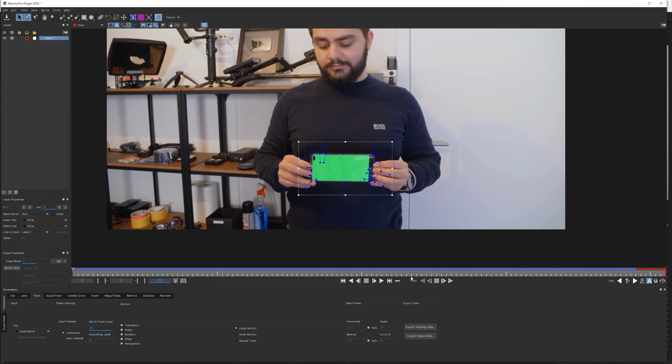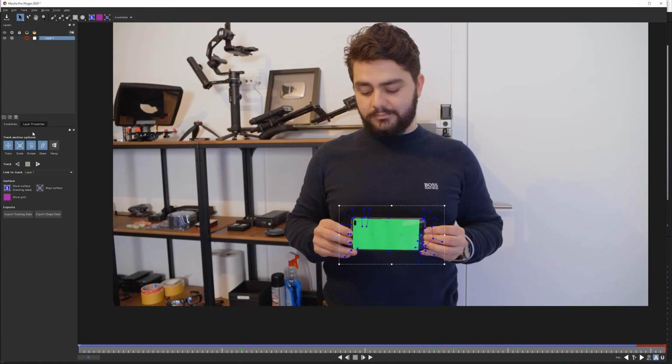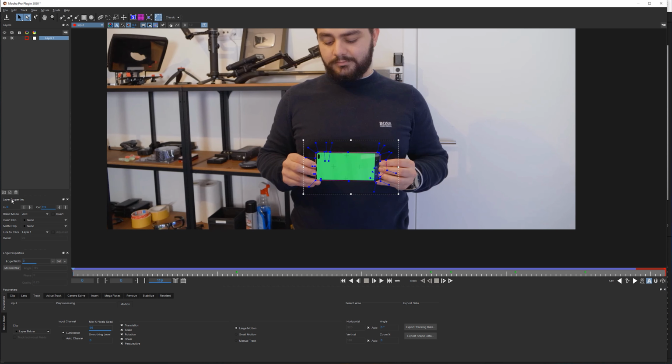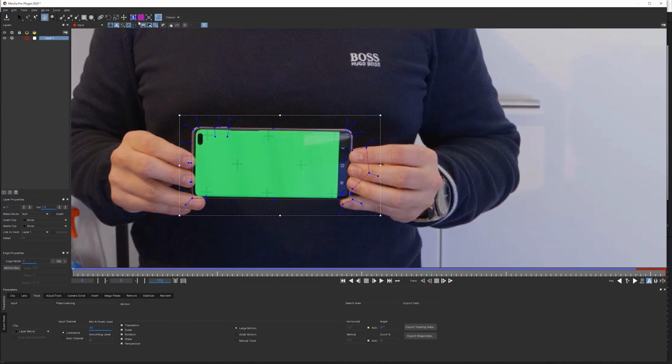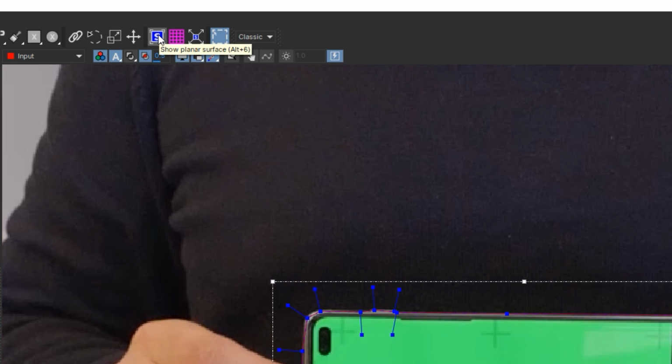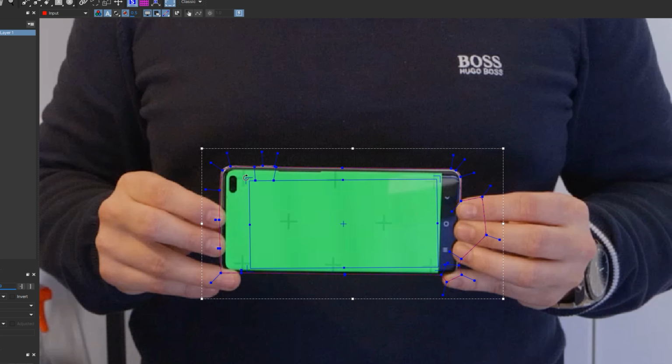Alright, so once you've done your entire track, all we want to do now is replace our monitor. To do that, if you go in Essentials, you can probably go right here to Layer Properties. For the Classic, that's just right here already. But right now we don't need that yet, so we're going to zoom in here a little bit, and then we're going to click here on the Show Planar Surface, and we're going to make a